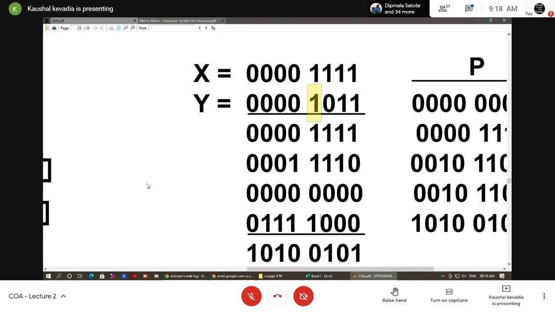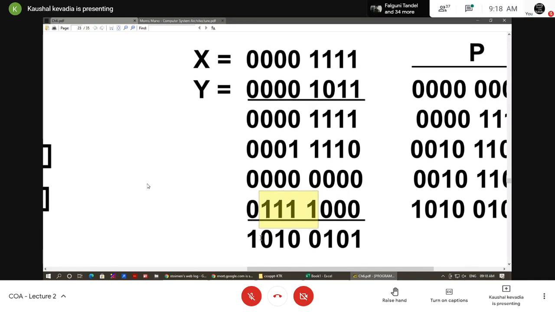Okay, so that left shift I want to do, and those four ones are here. Then after that we simply add all the numbers, and we get this addition. This is the multi-addition of all the numbers, and this is my final answer for the two numbers' multiplication, x multiplied by y.